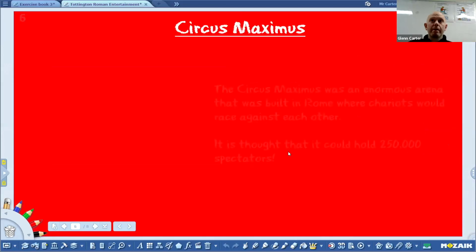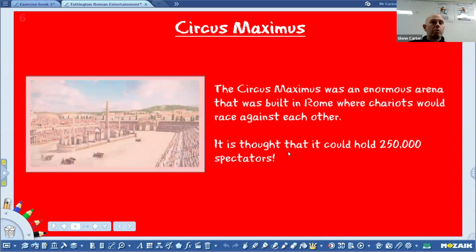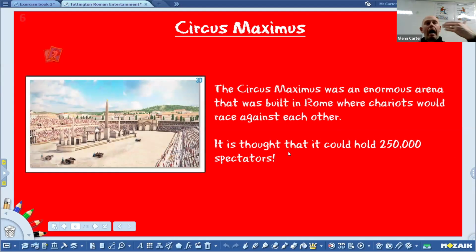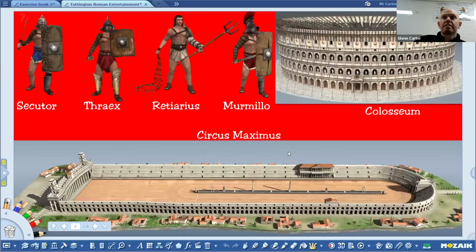So it works really, really well. And if you're comfortable with PowerPoint, then this will be absolutely no problem. You can see that I'm now able to work through these at the speed that I want without the children having to see everything. One of the other features as well is that in something like the gladiator scene here,